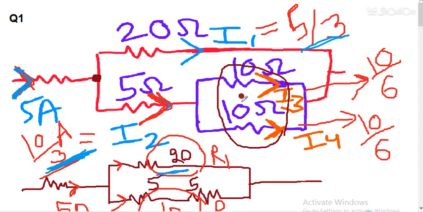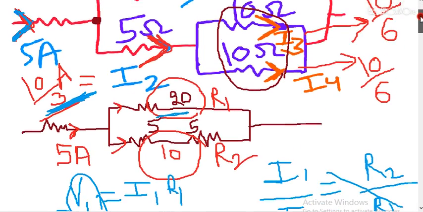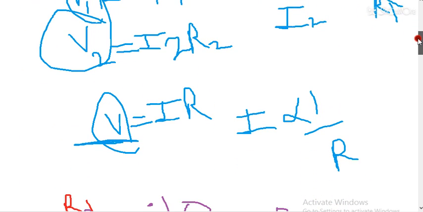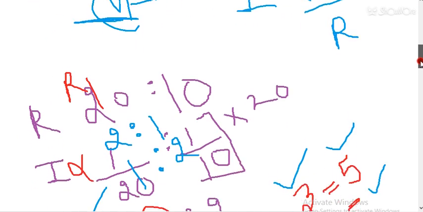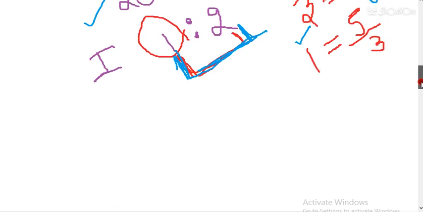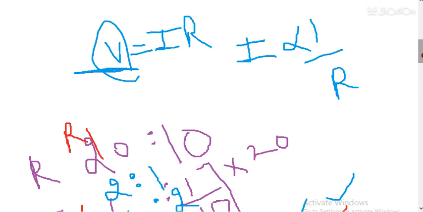Now these two parts are further divided into one part each, that is 10 by 6 and 10 by 6, when the 10 ohm resistances are connected. So this is all about the first question. It might be a difficult one, but when I explain 2 to 3 more questions, it will be more clear to you. I hope you can note down the solution if it is clear. If not, you can ask me in the comment box. These types of questions are also expected in entrance exams as well as in CBSE or other examinations.